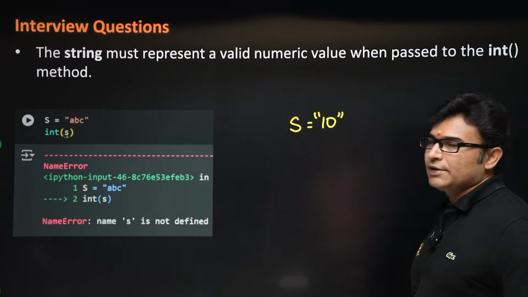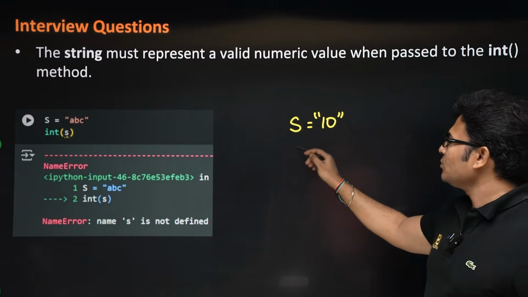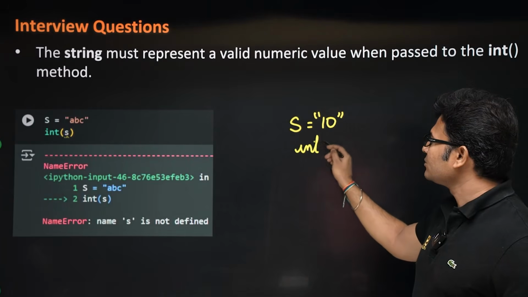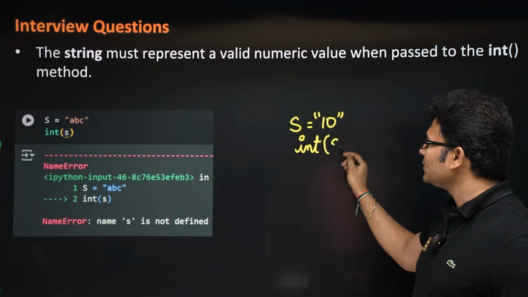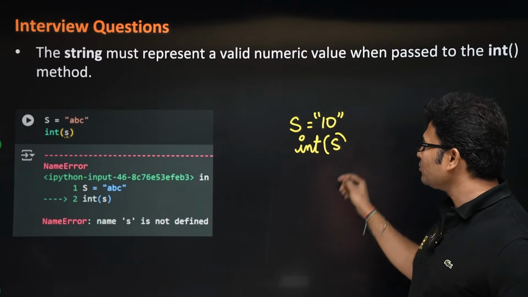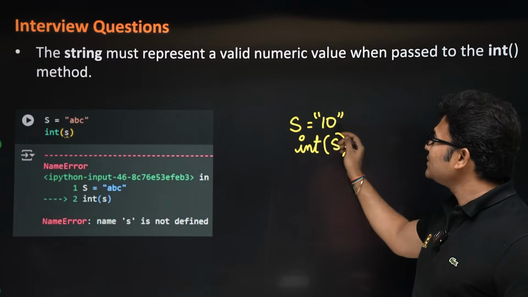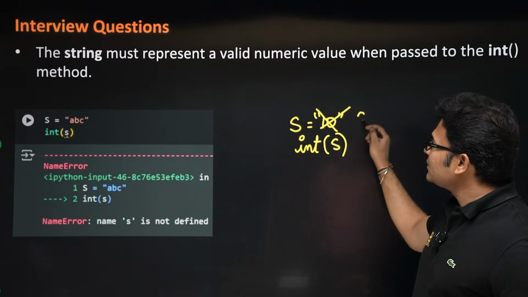Okay, if there is a number 10, now if you are trying to convert this into an integer, it happens without any problem. But if s is instead of 10, if s is ABC,